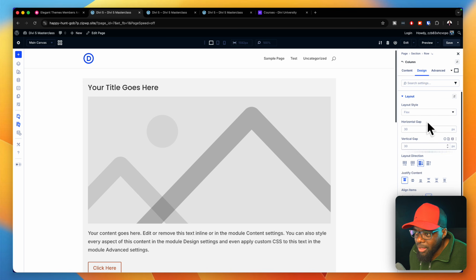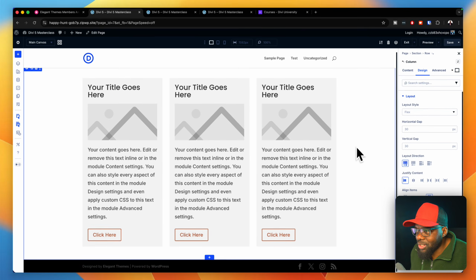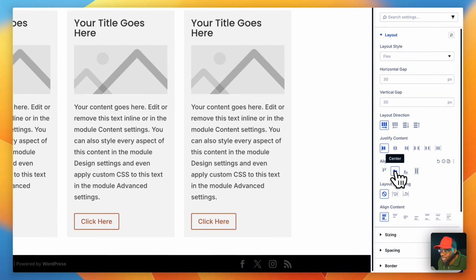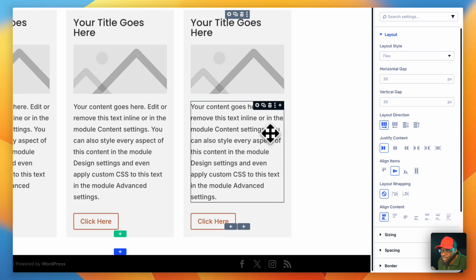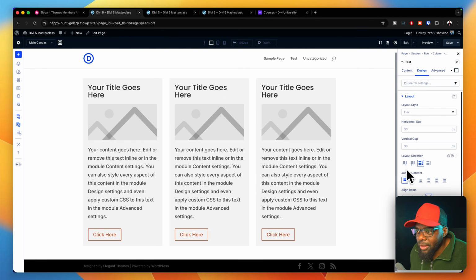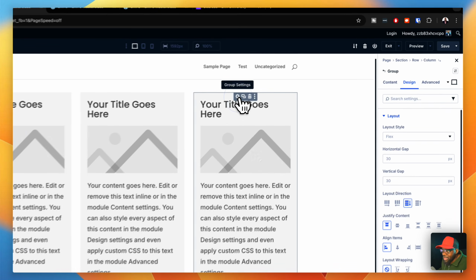So let's say you want the direction of all these items here to be horizontal or row. You just select that and you can see now they're next to each other. Just like that. It's as simple as that, right? And if you want them centered, you'd select that. But because they are pretty much the same size, you can't really see the difference. Okay. And if you want them to reverse, now I know right now you can't really see which is which,